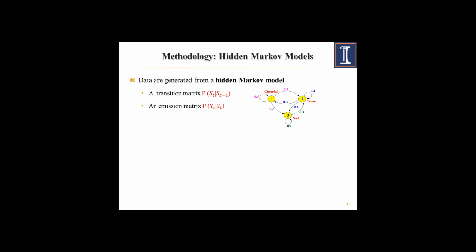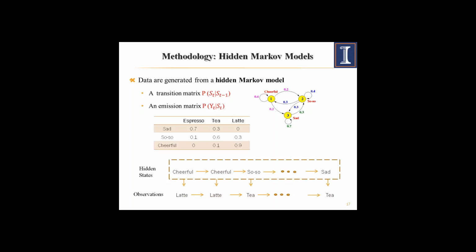We can assume that data is generated from a hidden Markov model. And a hidden Markov model is the same as a Markov chain, but the only thing is that the states are hidden. So you have a transition matrix which defines the probability of going to the next state, but you also have an emission matrix. For example, in the mood change model,